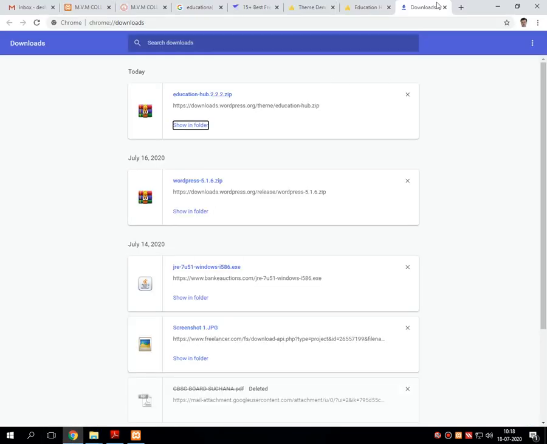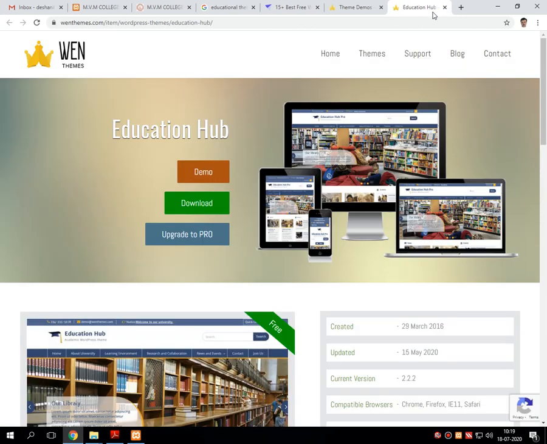So I request all the students, just specify the definition that you want to implement. That means first decide which type of website you want to develop.